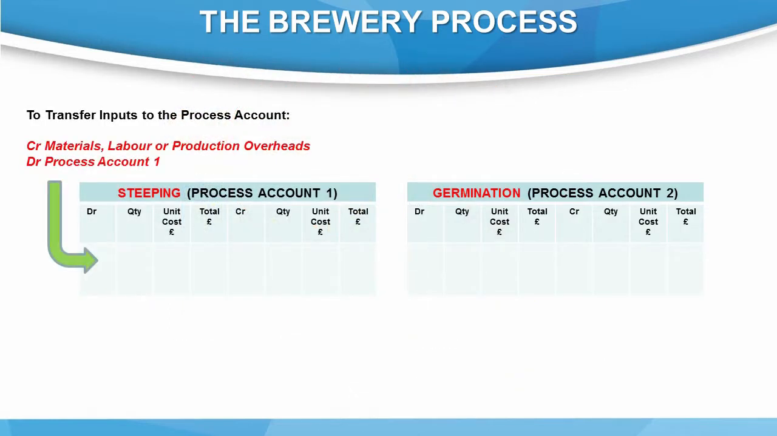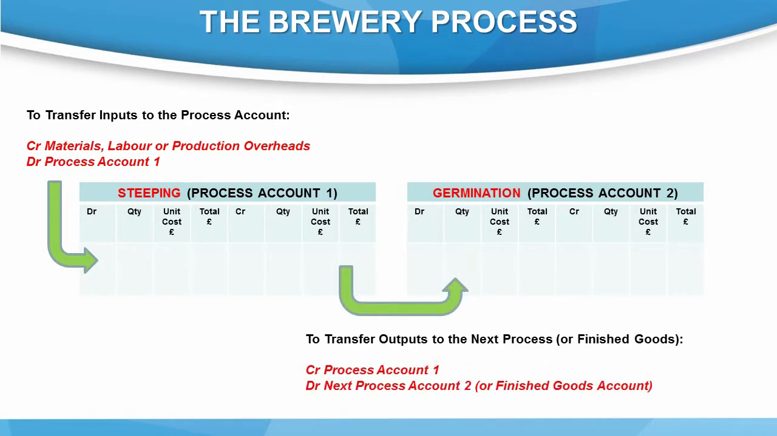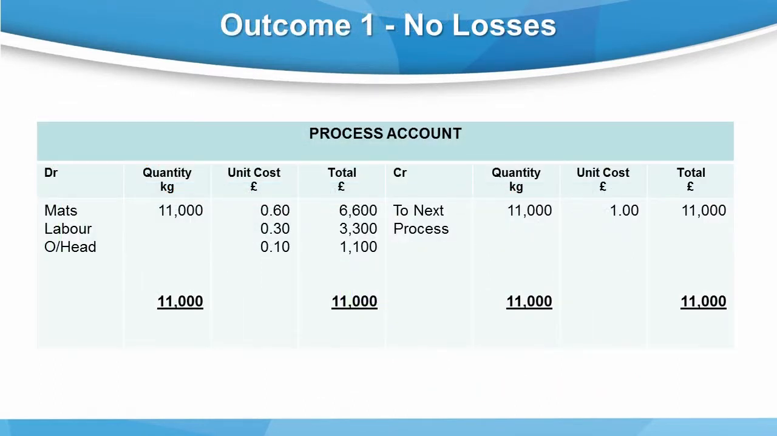This continues throughout the production process, and every time there's a new process, the balance on the previous process account is transferred to the next one. Okay, so let's look at the most straightforward situation, a process where there are no losses, and this means that